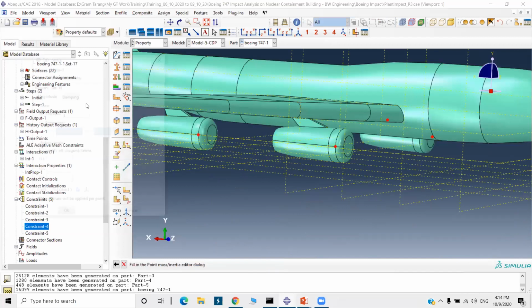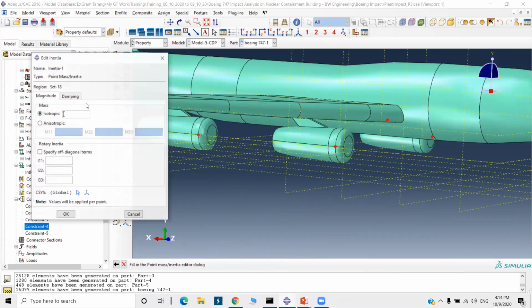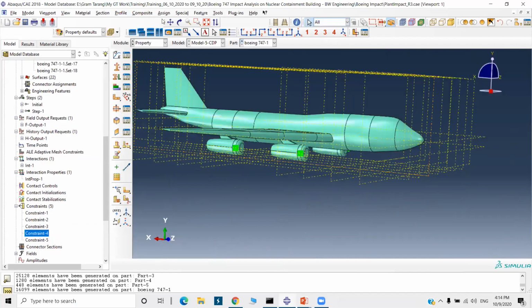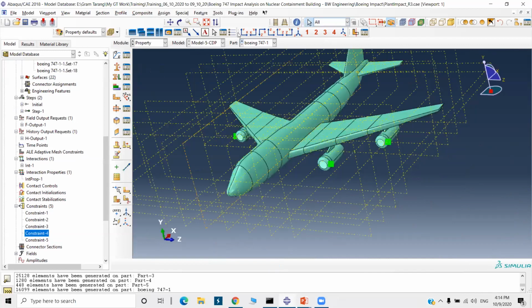Then pick 1000 kg. For this part we have applied the inertia, and again next special inertia create.